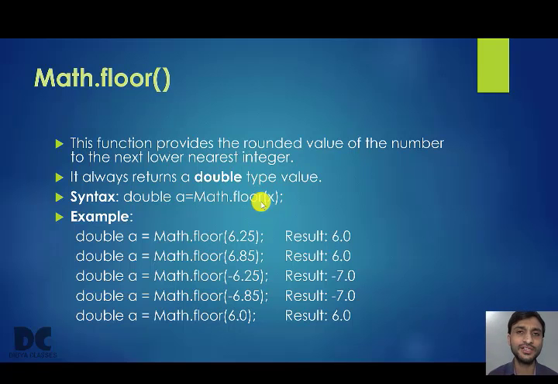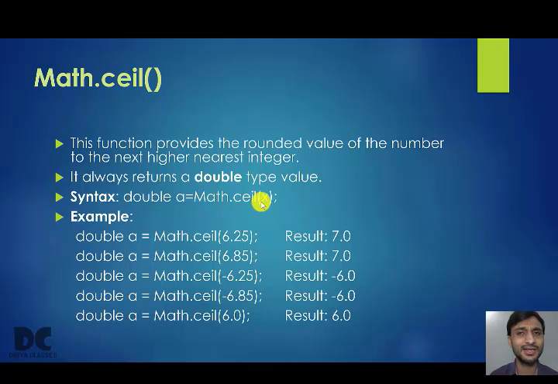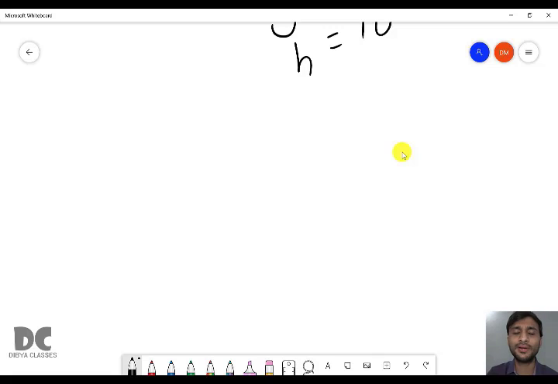We have the definitions here, but I will make you understand this definition in an easy way. The work of Math.floor and Math.ceil is to convert a real number to its nearest integer. It is kind of rounding. In mathematics you have done rounding. It is kind of rounding, not actually rounding. It is different from that. I will make you understand what the difference is.